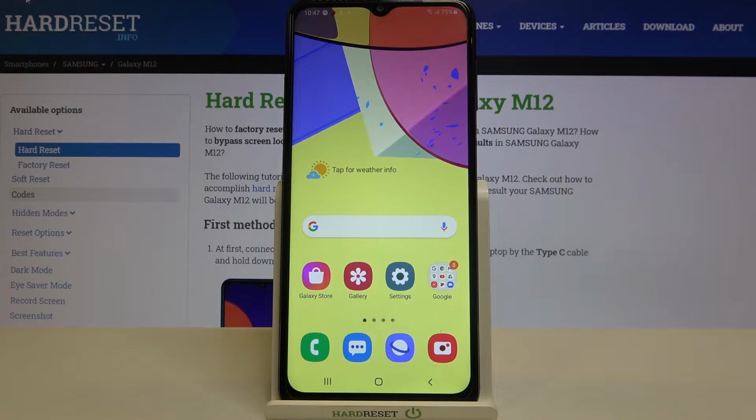Hi everyone, here we've got Samsung Galaxy M12 and let me share with you how to reset settings on this